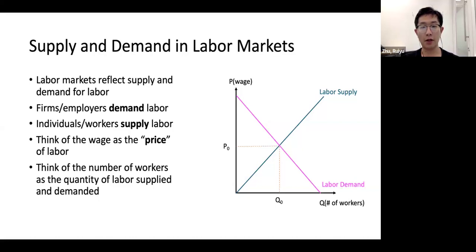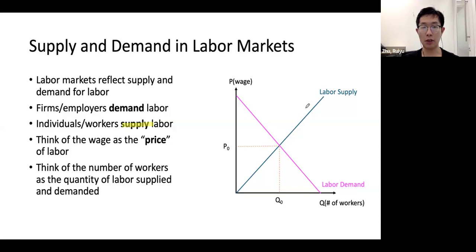So in the labor market, we can still have labor demand and labor supply. Labor markets can reflect both supply and demand for labor, right? So the firms and employers demand labor. We have this downward sloping labor demand curve, right? And also the individuals and workers supply labor. So we have this upward sloping labor supply curve because if the wage goes up, we can see more people